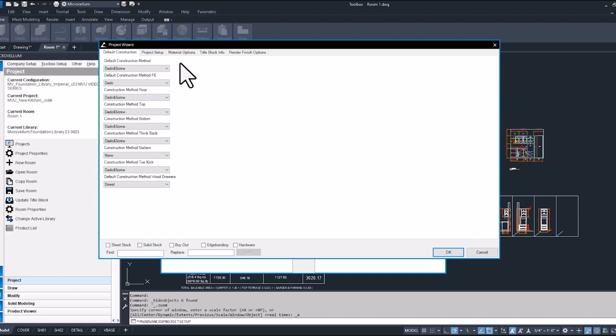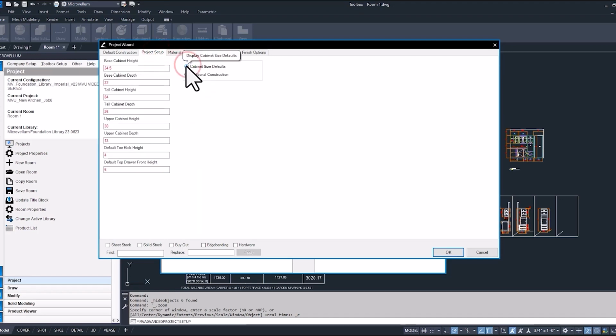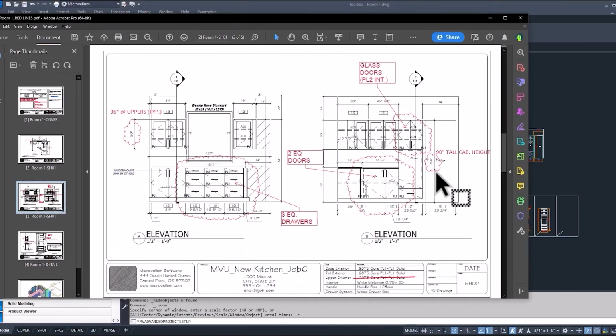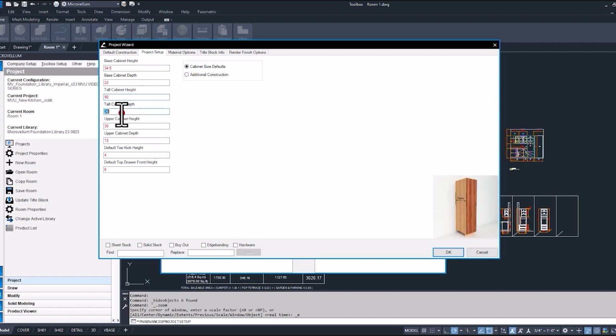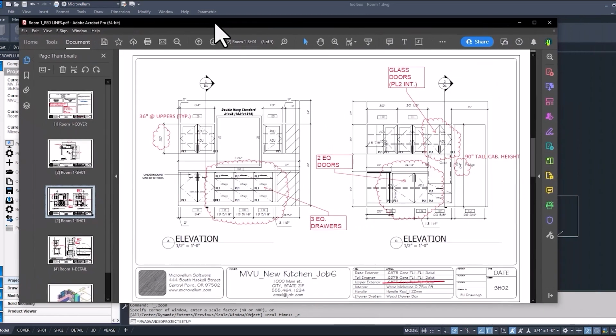So let's start off by going into the project wizard and making some changes to the default cabinet sizes. So the tall cabinet height, we need to change that. The new tall cabinet height is going to be 90. And setting this height here also sets the height above floor for the upper cabinets. Tall cabinet depth, we're good. The upper cabinets needed to change to 36 and upper cabinet depth to 15. Going back to our elevation, we can see those are all the changes that we can make in the project